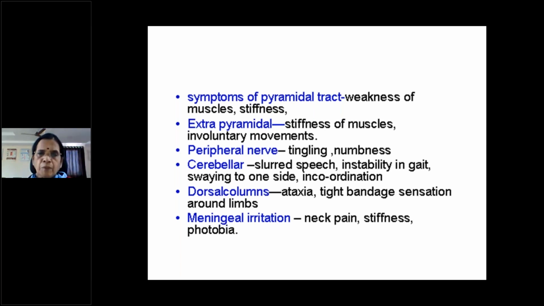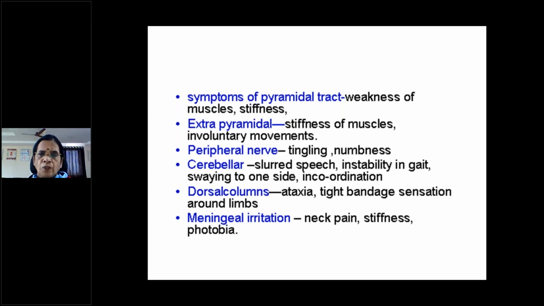And then in extrapyramidal disease, there will also be stiffness of the muscles, and it may be associated with involuntary movements. As you see in Parkinson's disease, they can have pill-rolling movement, or sometimes they can have chorea, depending upon the involvement of the basal ganglia and other structures. Usually they will have stiffness of muscles. In Parkinson's, we can see stiffness of the limbs. So that is suggestive of extrapyramidal involvement, that is, the basal ganglia. If there is stiffness and weakness associated, usually that is pyramidal tract or corticospinal tract involvement.